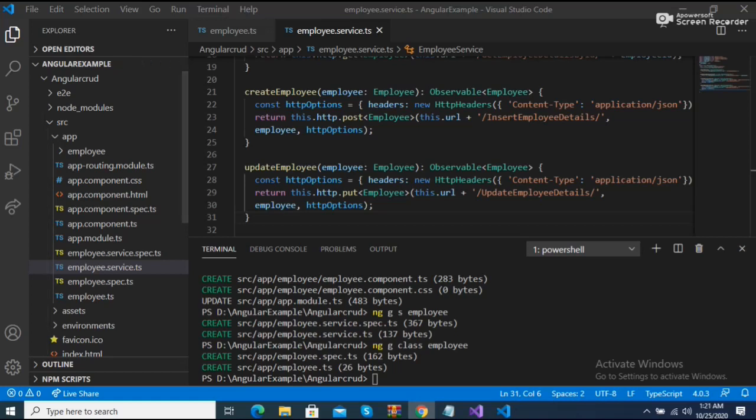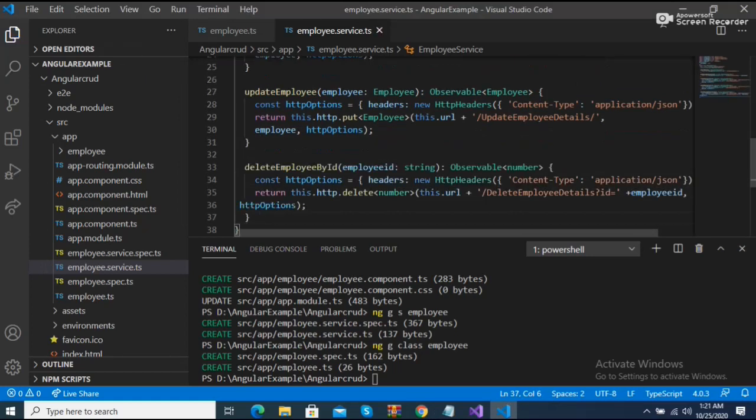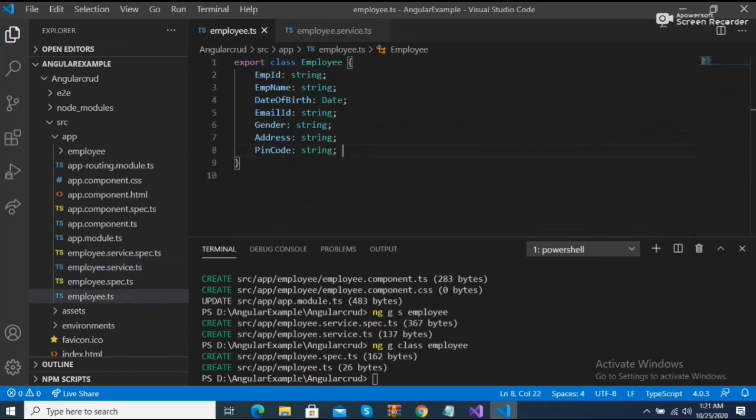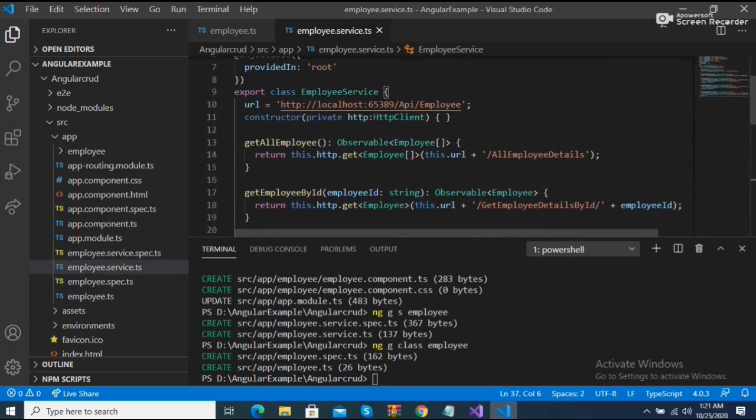So after update, I add delete for employees here. Now you can see this in employee.service.ts and employee.ts. We just added these things. I consume the API, the HTTP localhost API employee, and the constructor like this.